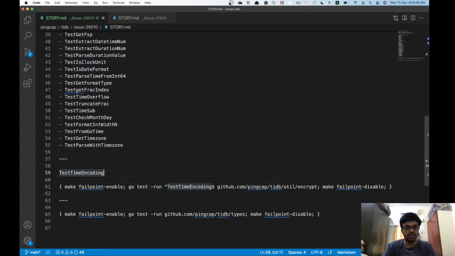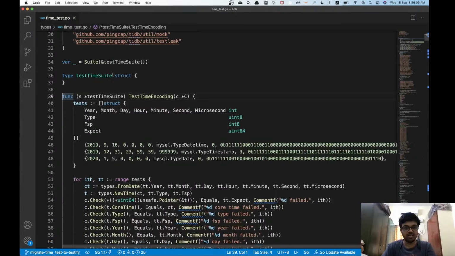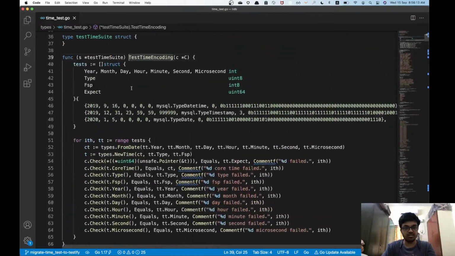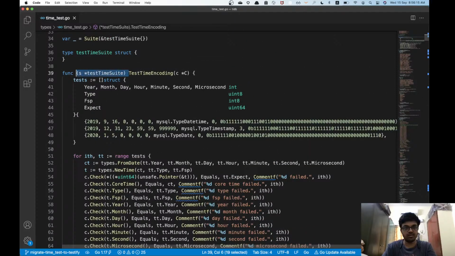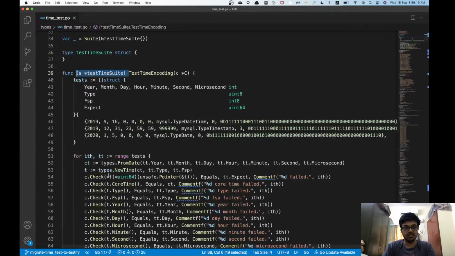Cool. So migrating now, right? So let's run this test alone and try it out. First, we have to migrate this. And there are no configurations. This is a standalone test, so we're all good. So I'm just gonna go ahead and copy this. Yep, there's only one of them.